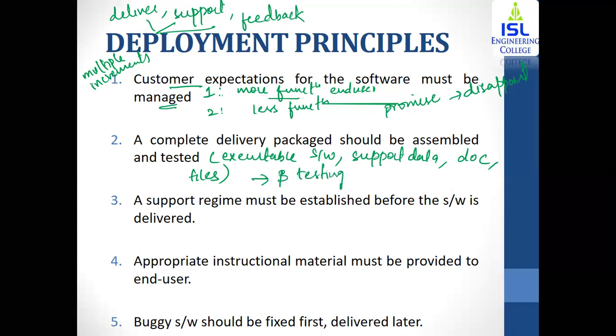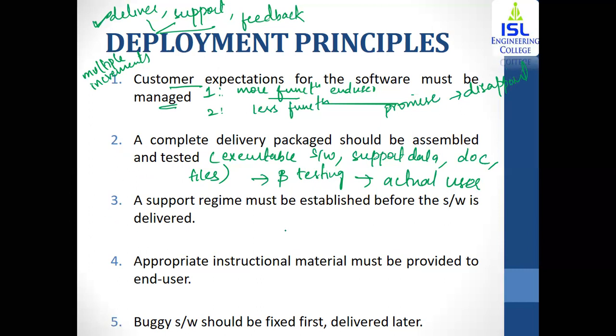What is beta testing? Beta testing is called the second type of testing. Beta testing is done by actual users, the people that are going to use the software. When you deliver the software, these people are going to perform real-time jobs on this particular software, and they are going to identify whether each and every task is executed properly or not. So this needs to be done within the second phase.